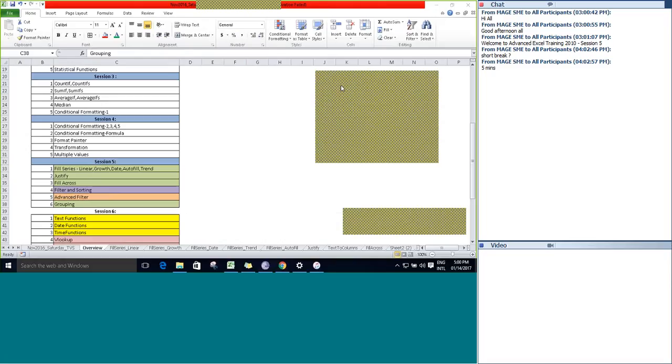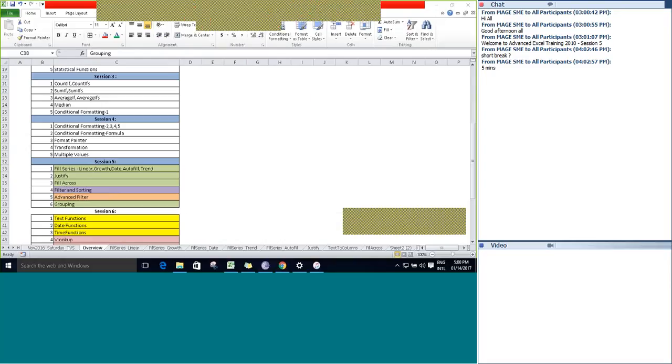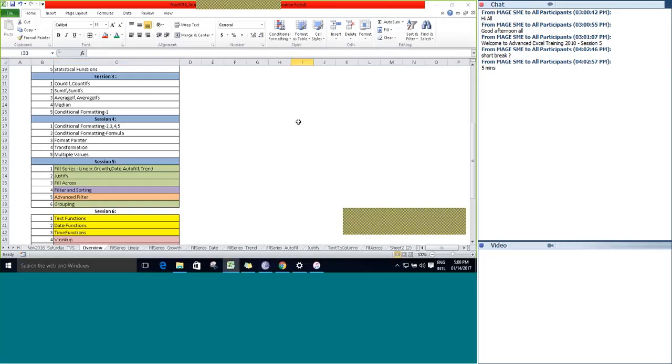How to select sheets in a grouping? You can select by using Control. Just press and hold the Control key and select a sheet. You can see that the highlighted sheets will be in a white fill color. Press and hold the Control key, that will select multiple worksheets. Keep selecting, it will select multiple sheets. Right? So this is the topic that we planned for today.